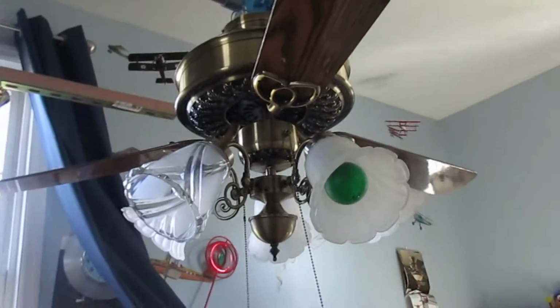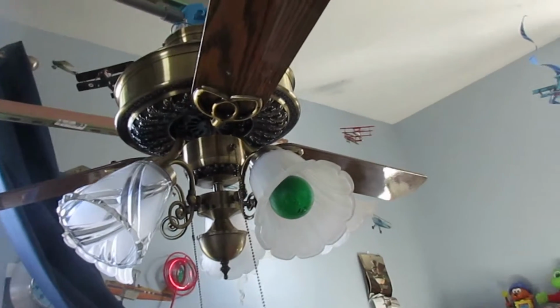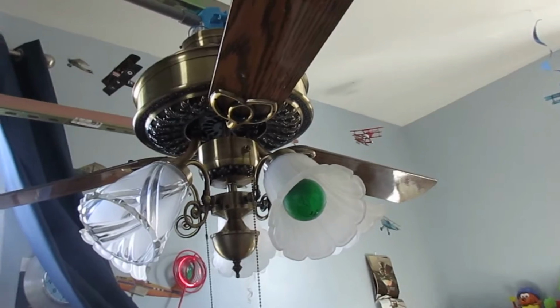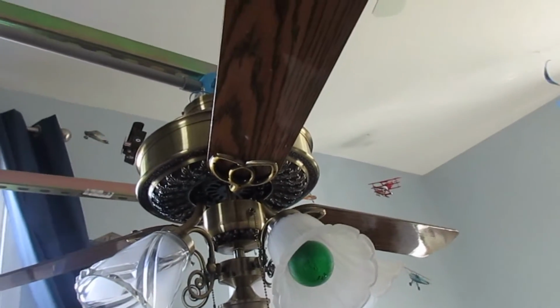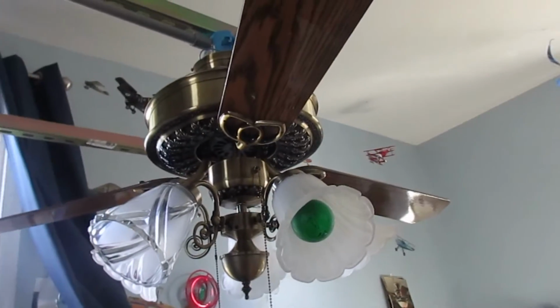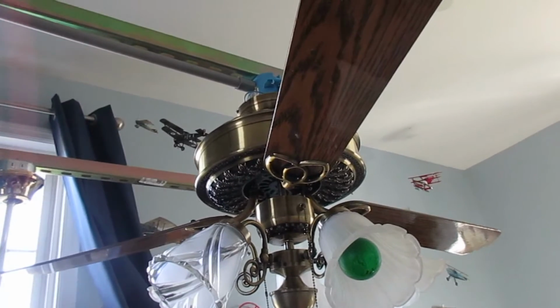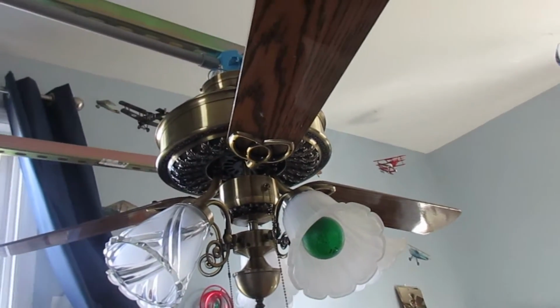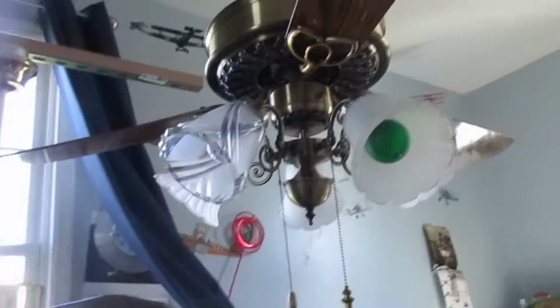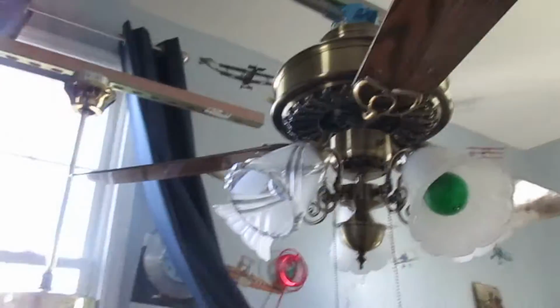I got this at the Baltimore Habitat ReStore in June 2016. It's a nice fan. Let's begin with the 3 configurations. 5 lights. It looks like a New Orleans, but looks like a Victorian copy a little bit because it does have these little flowers on there and stuff like that. It kind of reminds me of a Victorian copy, but Victorians are usually 4 or 5 blades. Anyways,